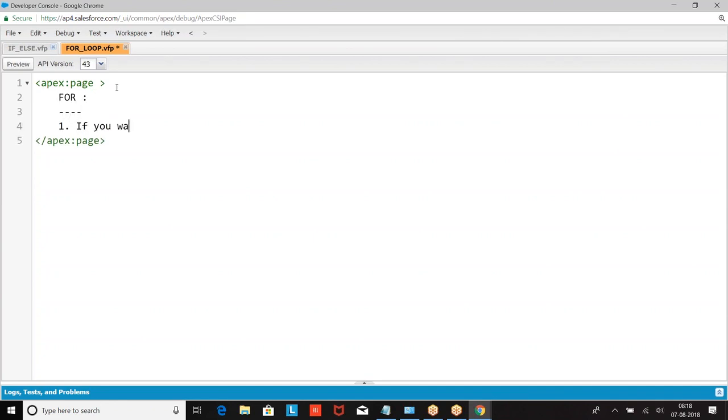If you want any set of statements to be executed recursively, then we use for.